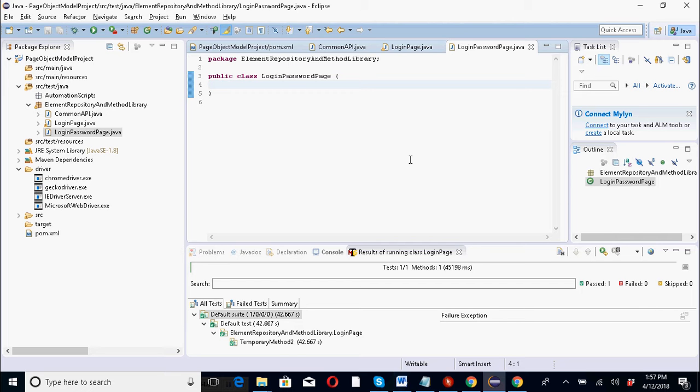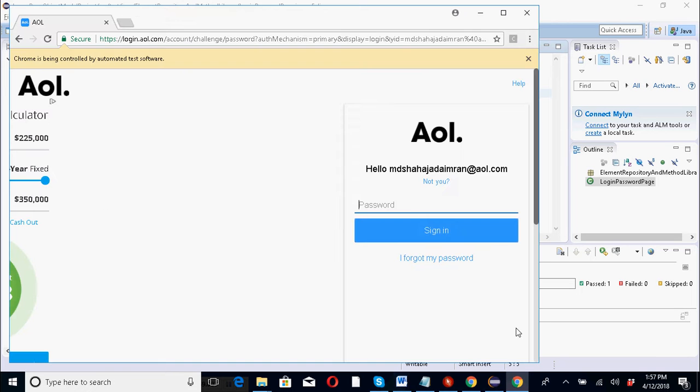There are three things I can have based on the page object model framework: elements, methods and constructors. Under elements I will create two elements. One is the password element, the other one is the sign in element,